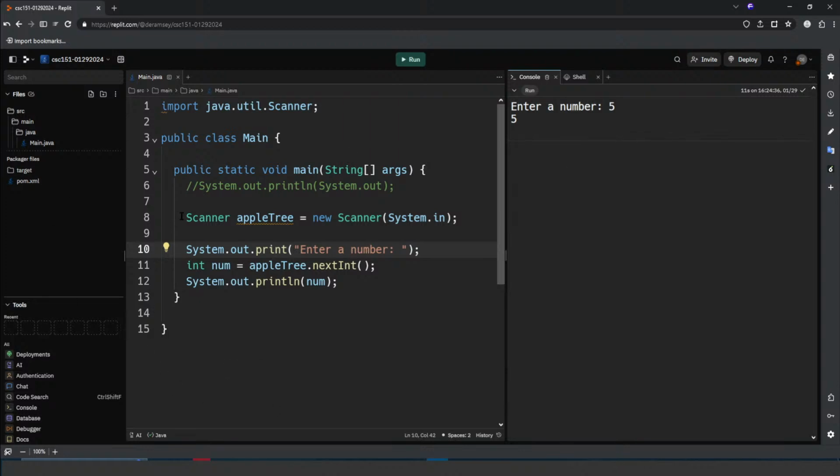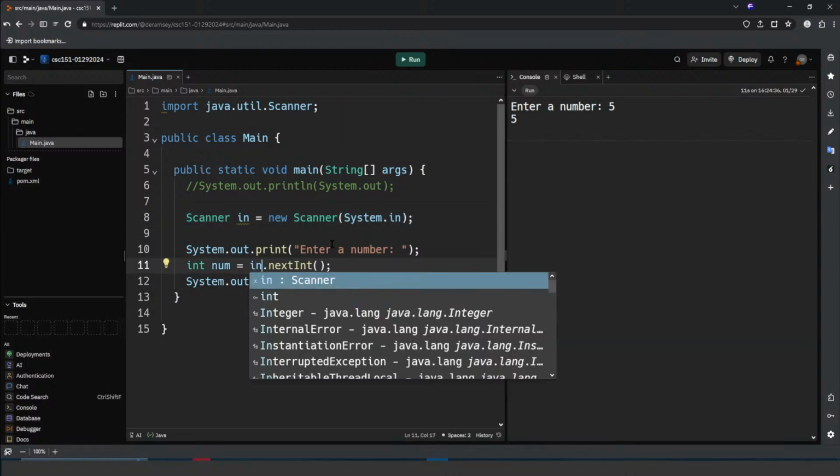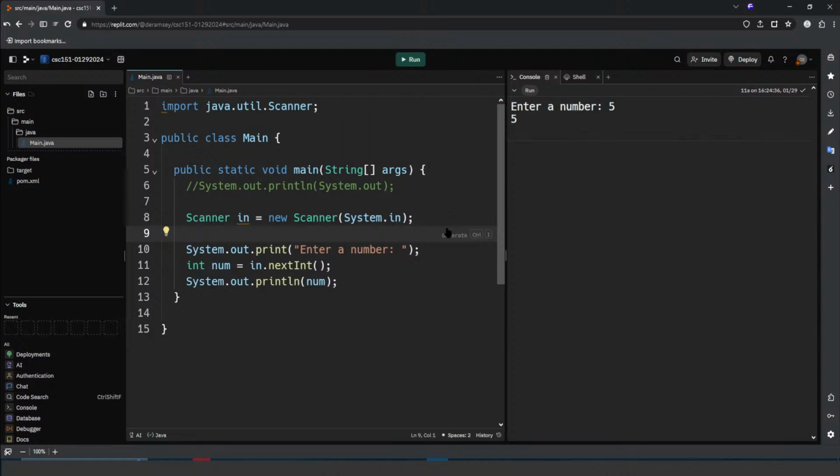And so we only need to make one of these scanner objects. I'm going to change the name back from apple tree, because that won't make much sense out of context. So I'm going to change it back to n. We only need to make a scanner object one time, and we can use that one scanner object multiple times. So if we wanted to say get another number, we could just